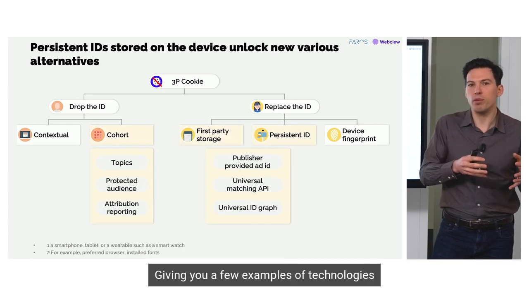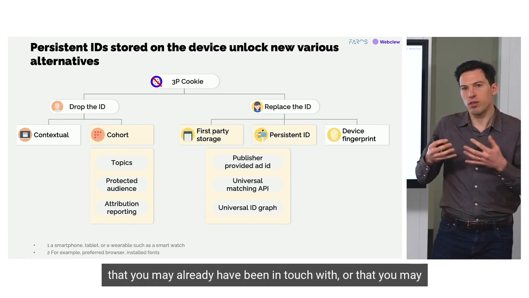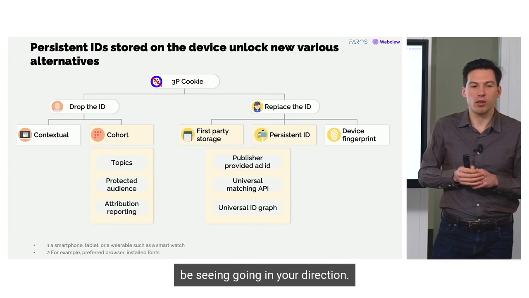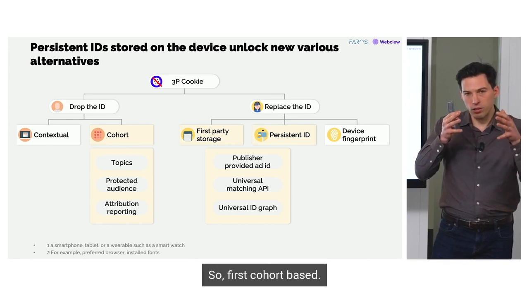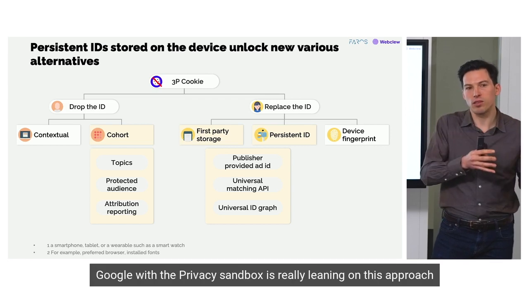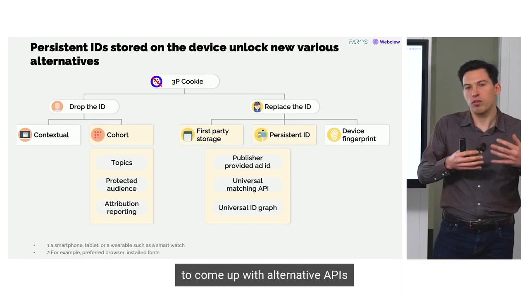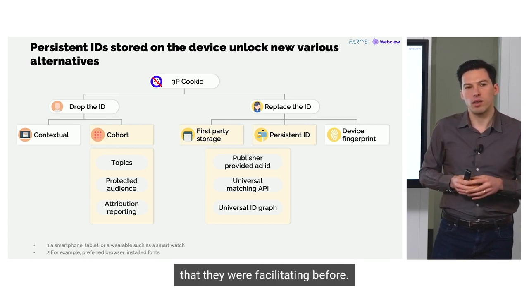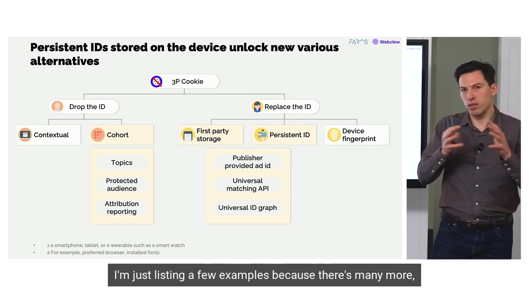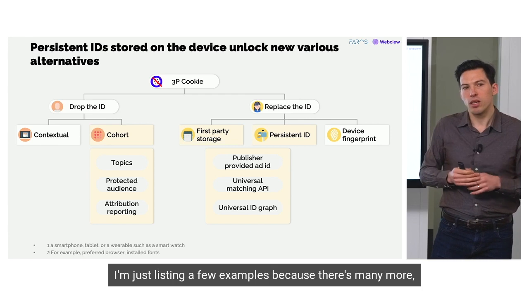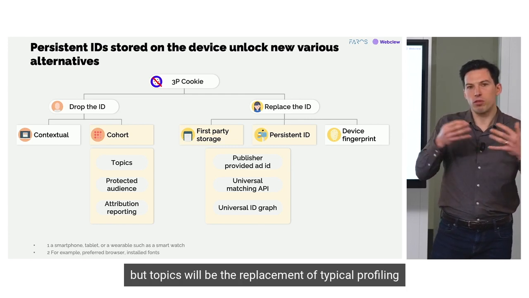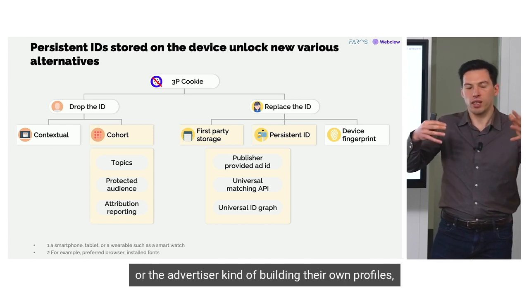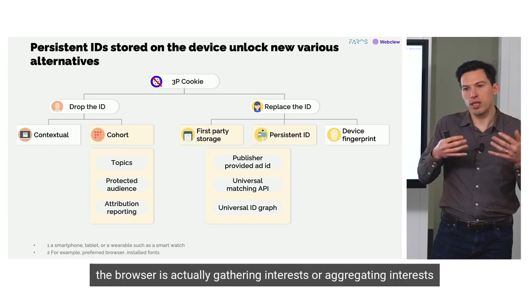Giving you a few examples of technologies that you may already have been in touch with, or that you may be seeing going in your direction. So first, cohort-based, Google with the Privacy Sandbox is really leaning on this approach to come up with alternative APIs for the third-party cookie-supported use cases that they were facilitating before. I'm just listing a few examples because there's many more, but topics will be the replacement of typical profiling use cases,